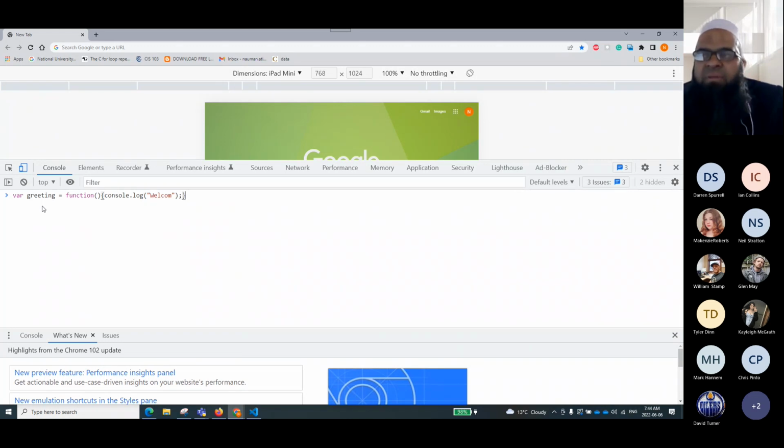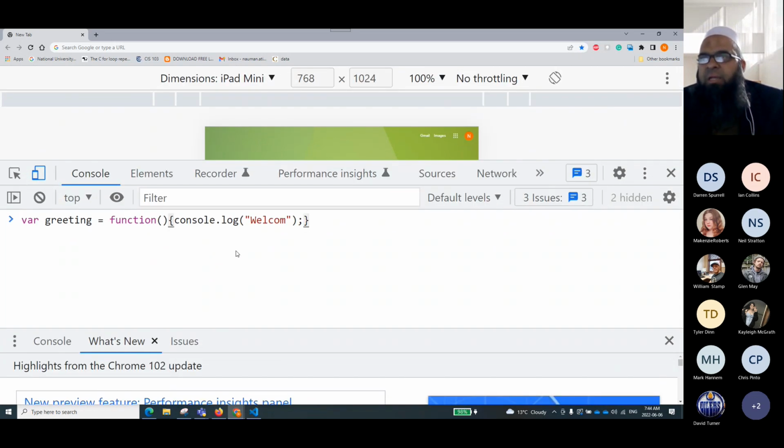Okay, now you see here, I've written down the same thing. It's a function expression. How do you know? Because the function has been written after the equal to sign. Make sense, everyone? Now, if I hit enter,